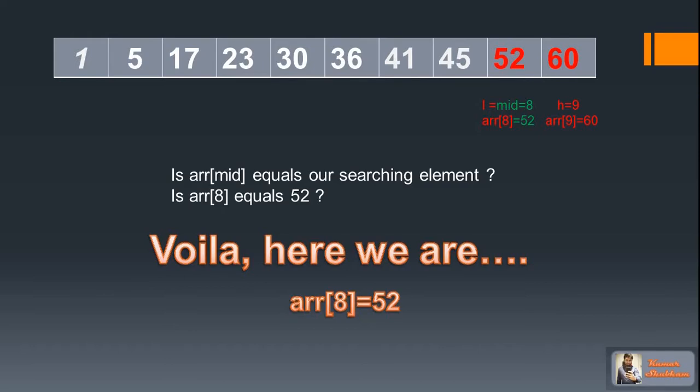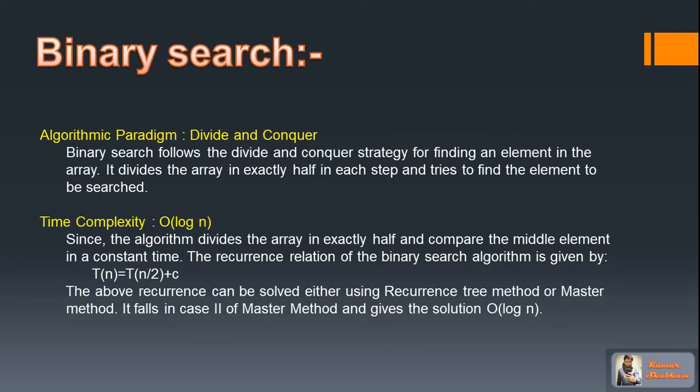This time, the middle element is equal to our searching element. Hence, we end the recursion and return the position of the searching element, that is 8. So the binary search follows the divide and conquer paradigm of algorithms. In the searching technique, we divide the array in exactly half, and in each step, we try to find the